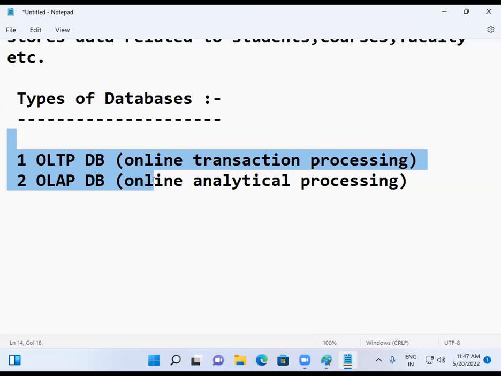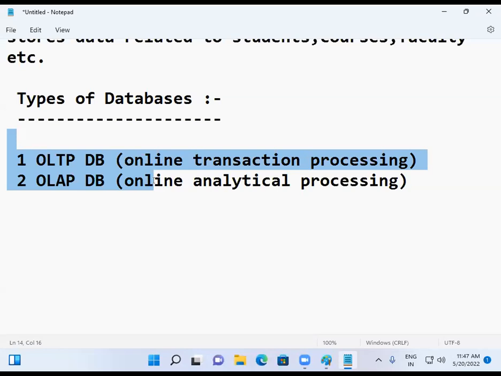SQL Server can be used for OLTP. SQL Server can be used for OLAP. So we can use it for day-to-day transactions. We can use it for data analysis. Then you'll get a doubt. Sir, when we can use SQL Server for data analysis, why did Hadoop come into the market? Why did Spark and data science come into the market? Yes or no? You can use SQL Server for analysis. When we can use SQL Server for analysis, why did these technologies come into the market?